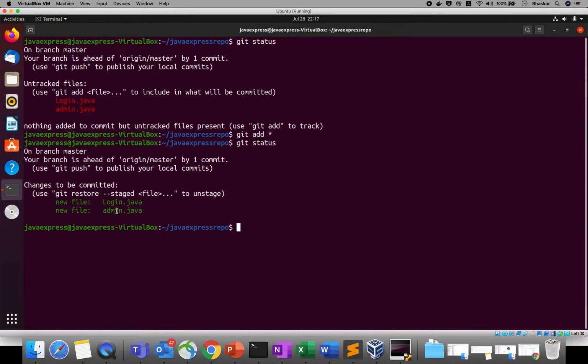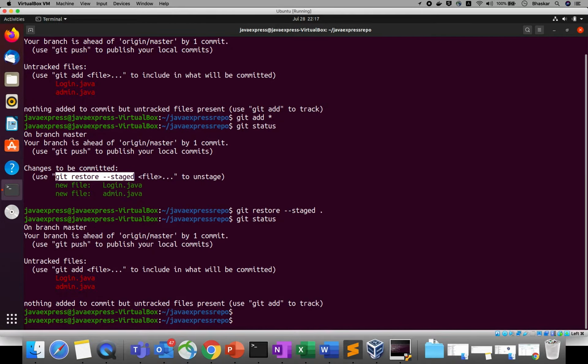If you want to restore these changes to your working files, you just need to use the command they are already giving. I will type git restore --staged, and you can give either one file or all. I want all, so I use the dot. If you see git status, all files are available inside your working directory.